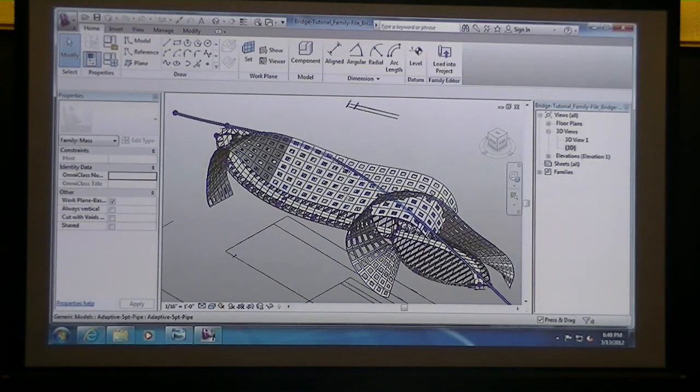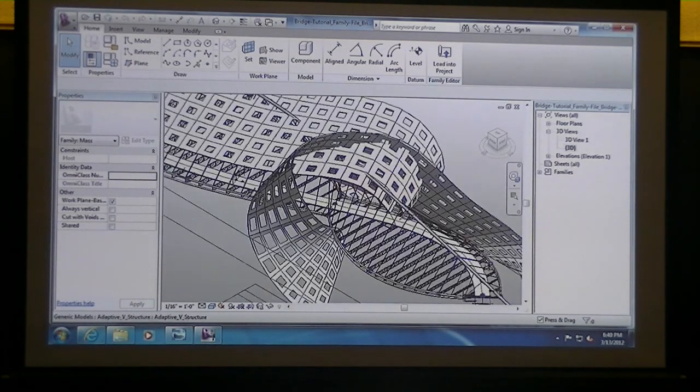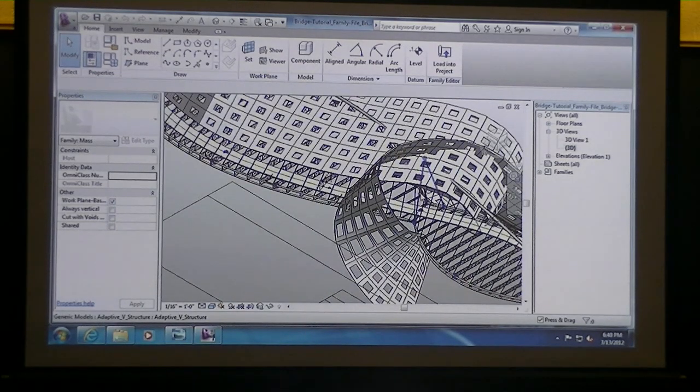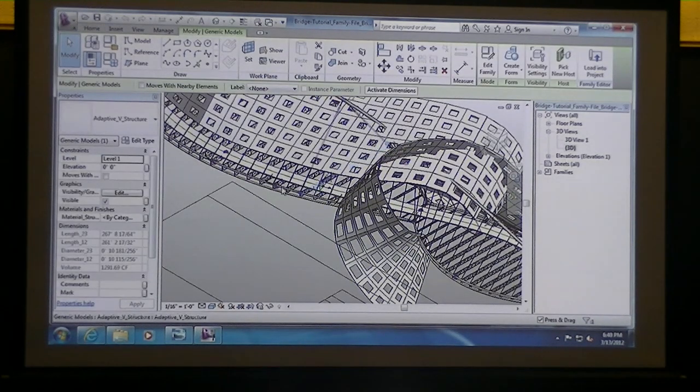So in our bridge file, you guys have been working on your canopy structures with your curtain wall or curtain panel components. You have your adaptive components that are probably your tectonic structural systems. You also have your bridge path, which is basically a conceptual mass. So you have these three elements: the conceptual mass, your curtain panel, and your adaptive component. Each of these can have materials applied